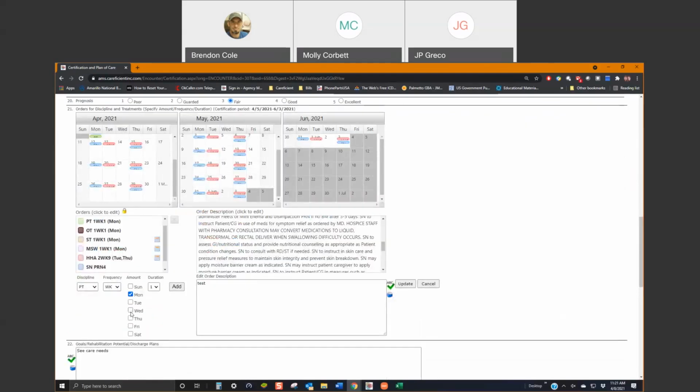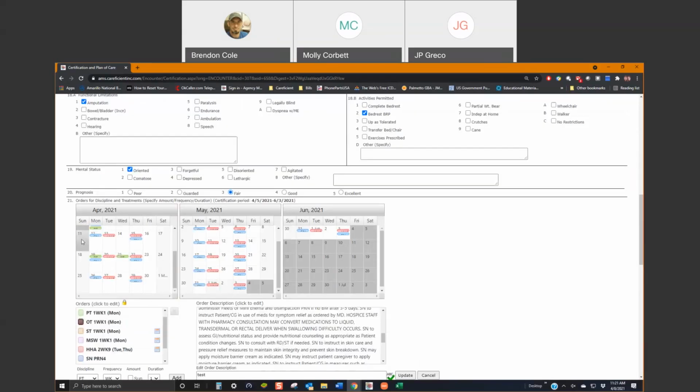And then you can put your days in there and duration, how many weeks you want to do that, and hit add. So you can see we have the skipped week, and then we have the 2 week 1 right here. Just so you know, we have a rule turned on to remove the 0 week 1 when you print your orders and send them to the physician, because auditors hate that. So what it'll do is it'll say, effective April 5th, 1 week 1, and then it'll start on that following week, and it'll say effective 4/18, 2 week 1, so it completely removes that 0 week 1